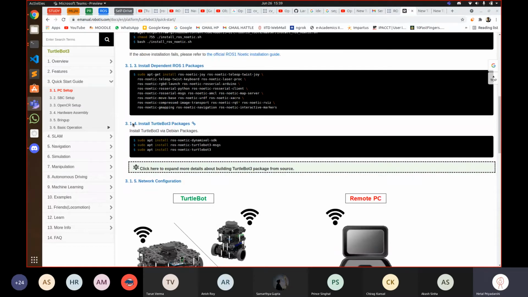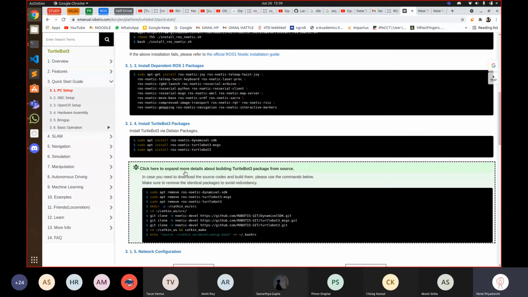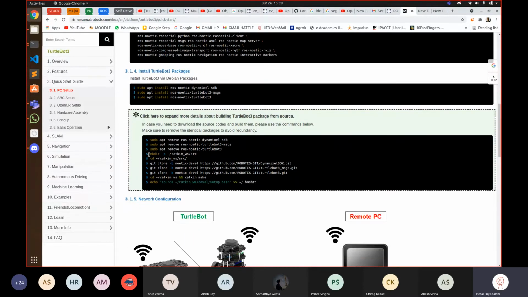Skip 3.1.4, skip these three commands and directly continue with these commands from make directory. If you have by mistake done these three commands, you can undo these commands by these three, just removing those packages, and then continue with these.